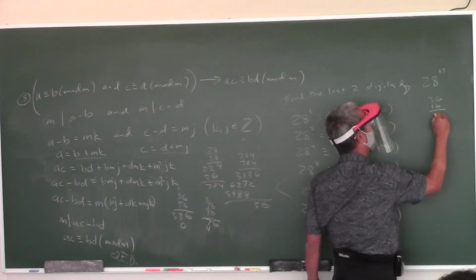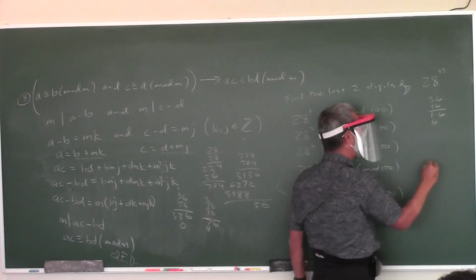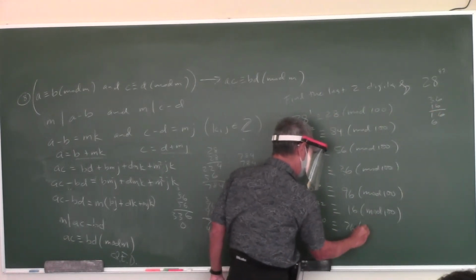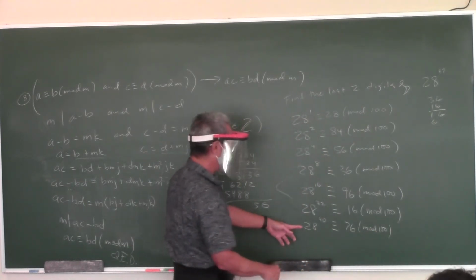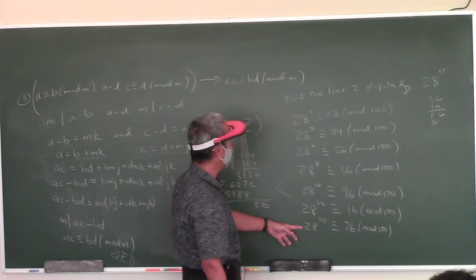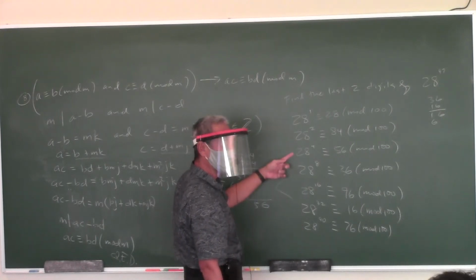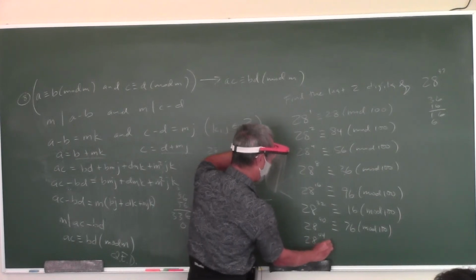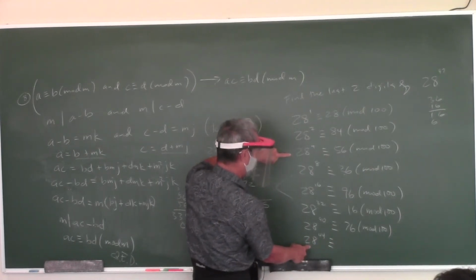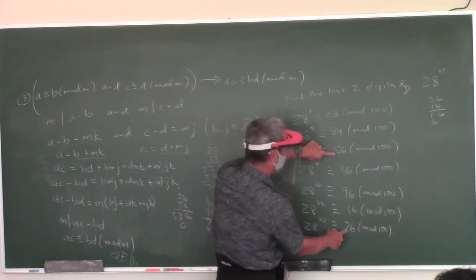6 carry 3, 6, 76? You guys are checking my work? Yes. Okay, and then now, what do I want to multiply this one by? I want to get to 47, so this one times this one then? Yeah. So if I multiply these two, you get 28 to the 44 is congruent to, we have to multiply 76